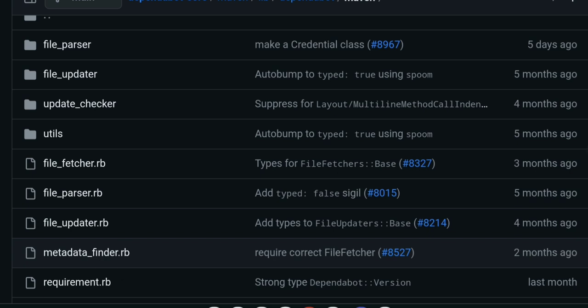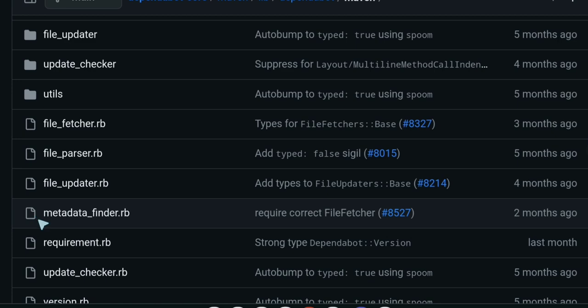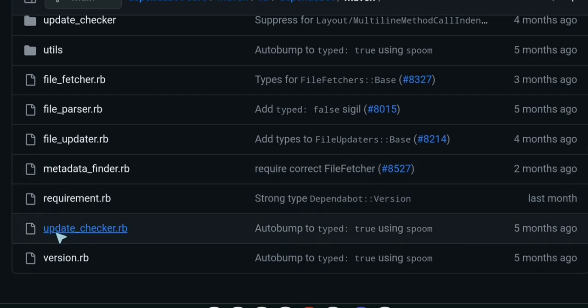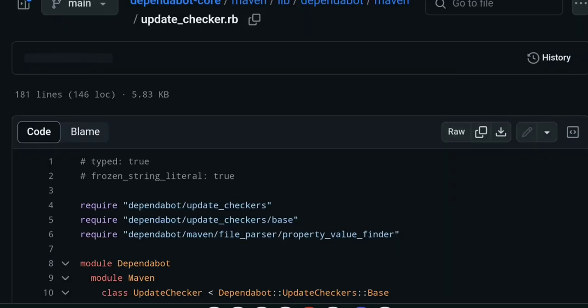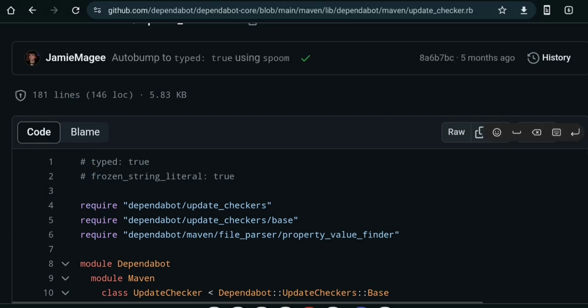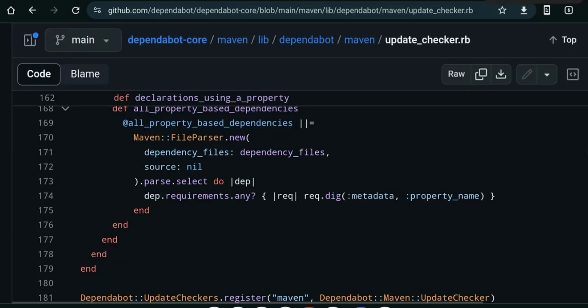Ruby is a very nice language for writing sysadmin scripts. Today, I would say maybe Go, but Ruby is still a very solid scripting language for sysadmins and operations. Go could be stricter. I mean, Kubernetes is written in Go, so Go could be a better choice today. And it has an update_checker.rb, for example, for Maven. And in this update checker, it